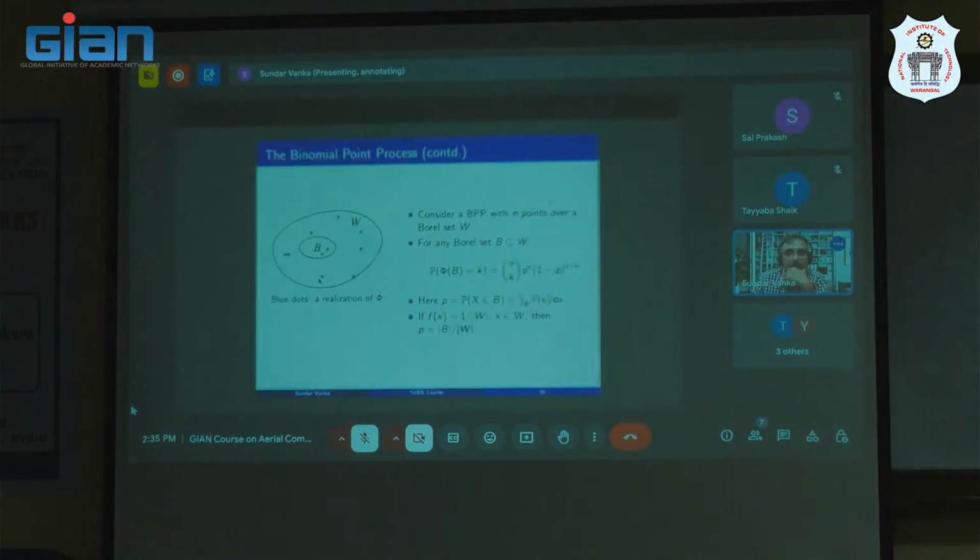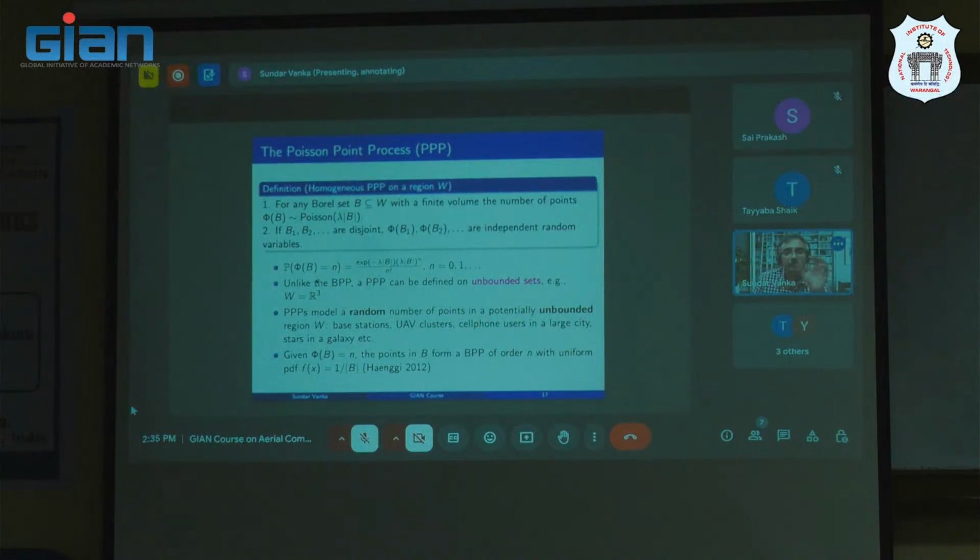Okay, so now we are ready to look at what is a Poisson point process. This is exactly the thing that the professor was asking in the beginning, and we'll go into a lot more detail here. So I'm giving you the formal definition, which is that if you take any Borel set, which is basically a set which you can nicely approximate with some nice other sets like we discussed now, and any set B I take, which has a finite volume,